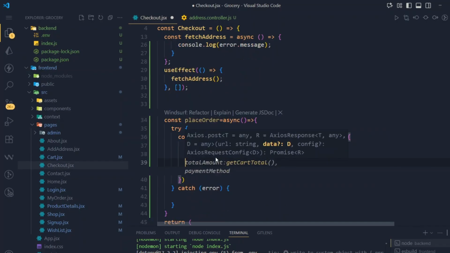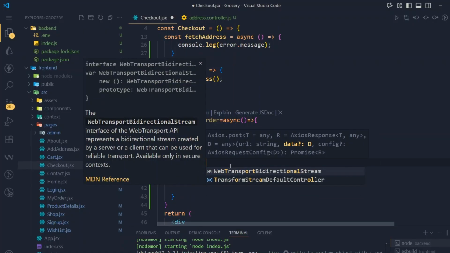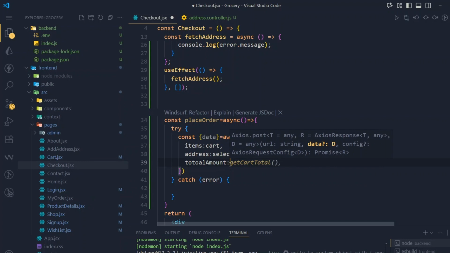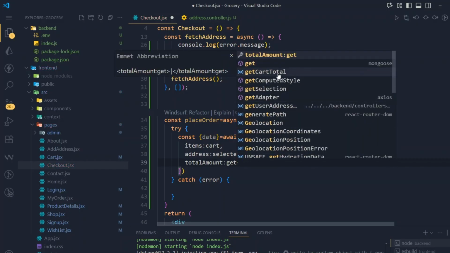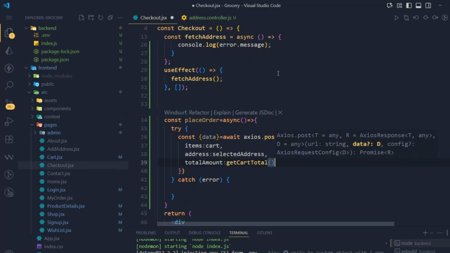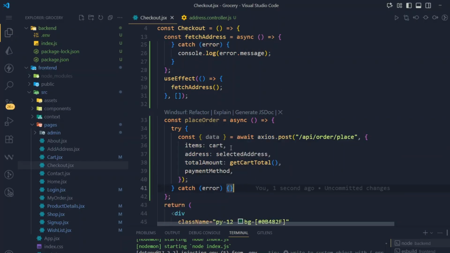And after that we need to use total amount, and it will be get cart total like this. And after that we have payment method. So these four data we need to send to our backend: items, address, total amount, and payment method. We will check if data.success. We will use here if data.success